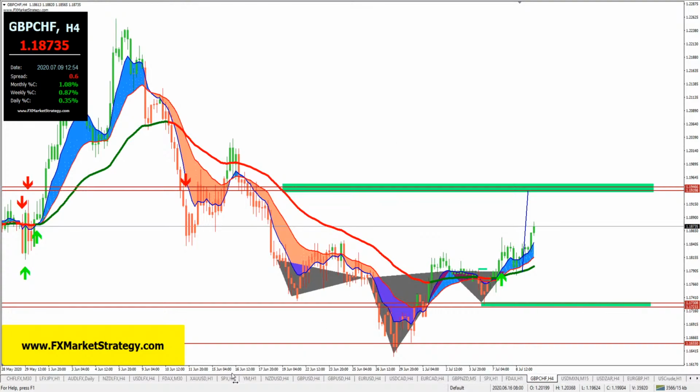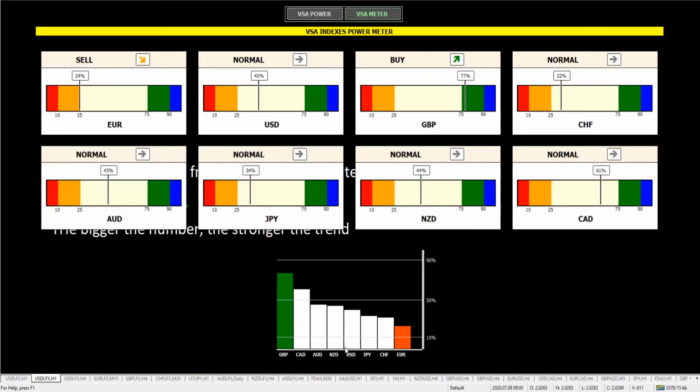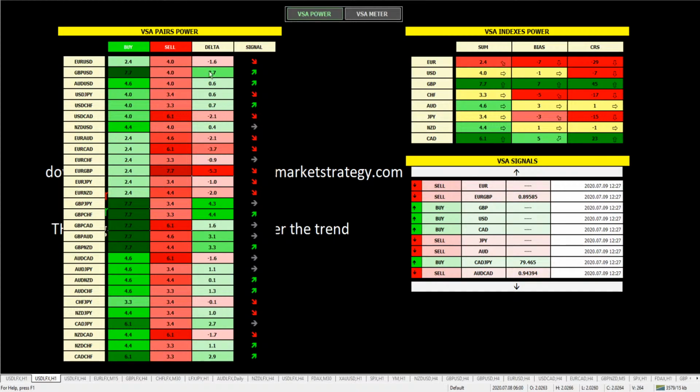You want to see the market scanner? We discussed the market scanner here already. It does scan. It's like you having 50 eyes. You cannot have 50 eyes, right? It's impossible. But this will scan for you everything. It will give you all the...